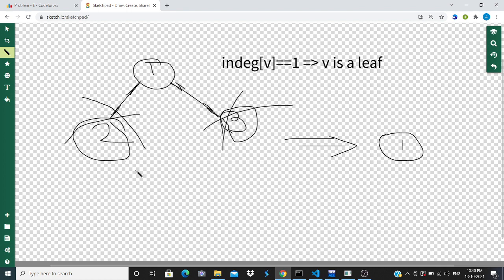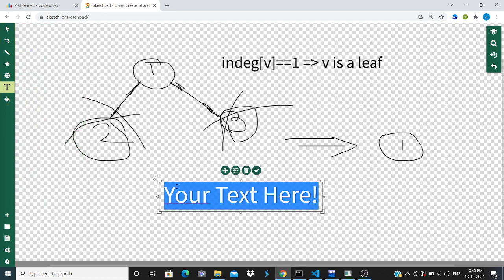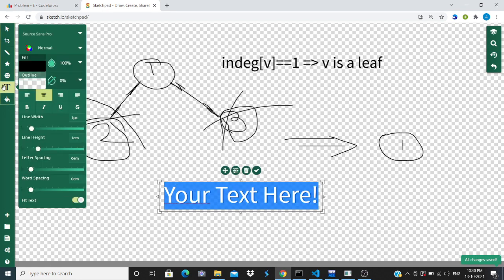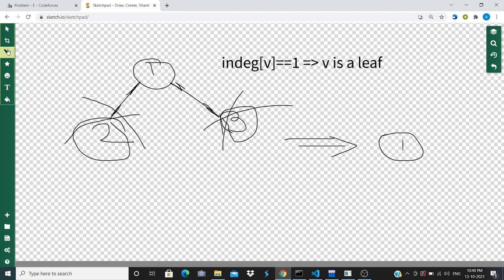In each operation, first of all we keep a vector, or you can say a queue q, which will be storing all the leaves that we currently have. After applying the operation one time, all those leaves will be removed and we will have some new leaves.